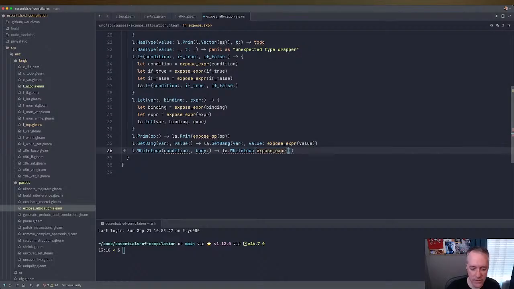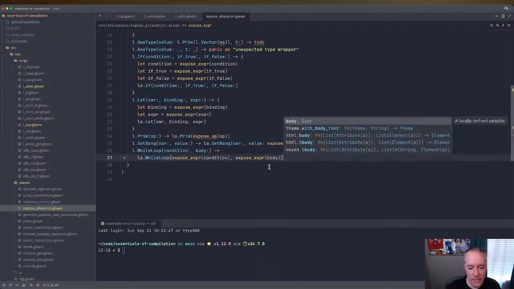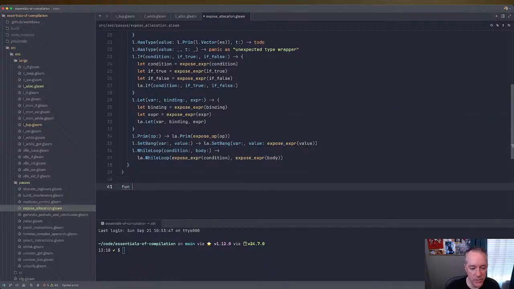Honestly, we'll just do it like this, condition. We don't have to always have them named. Body. Okay, so now we need a function expose op,